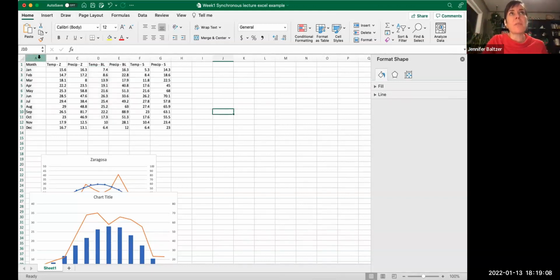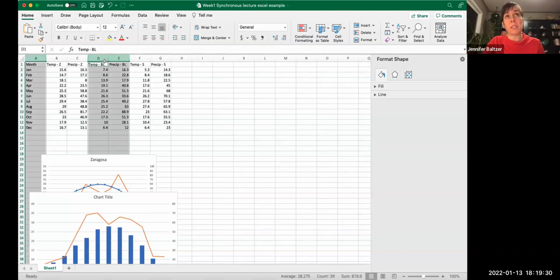Okay, so for those of you not familiar with Excel, the other thing to note is what I'm pressing on my keyboard to highlight multiple columns, and I know we have a range of expertise in this. So we highlight A, and then we want to highlight D and E together. I'm pressing the command button on my Mac keyboard. If you are familiar with Excel, you'll already know how to do this.